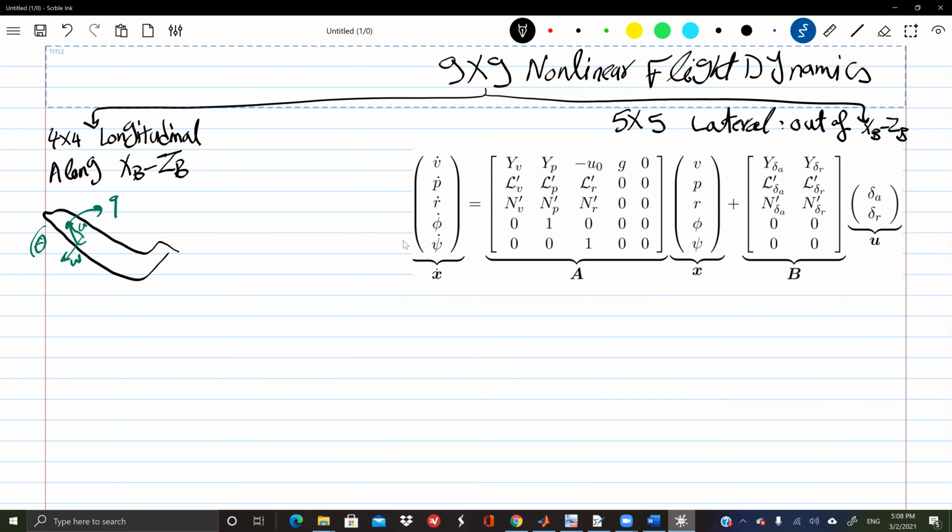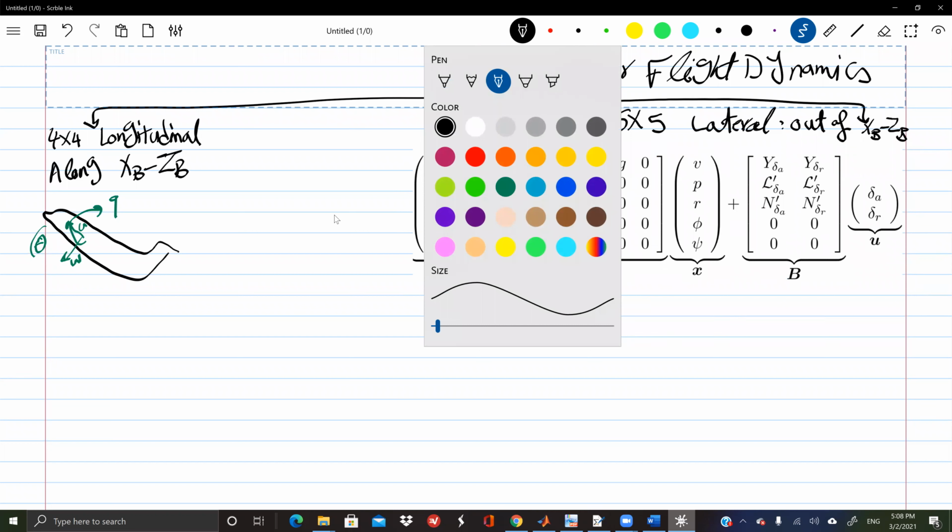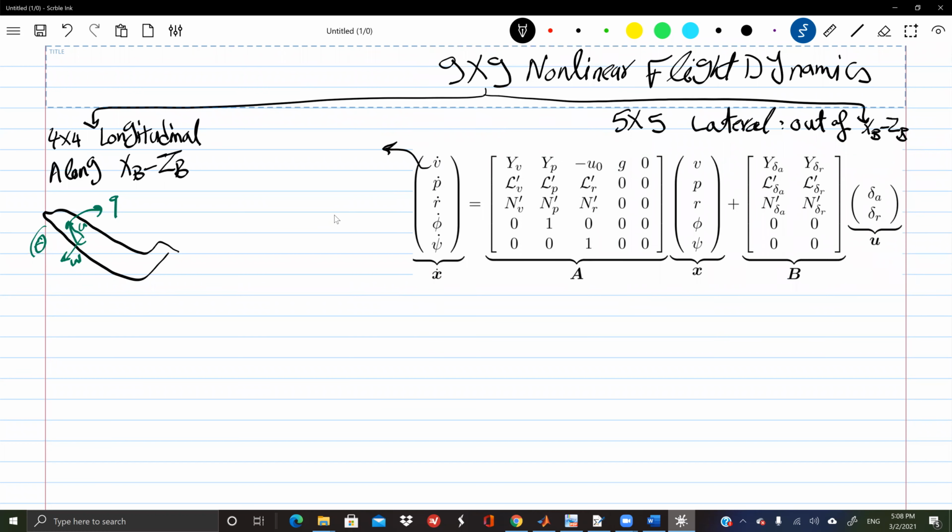So V, again, we're trying to remember together that table that has all the variables should be always in the back of your mind. So V is the side slip, and indeed, I'm reminding you that in the same fashion like W is an angle of attack, V is also side slip angle. Indeed, the side slip is approximately V over U naught. Okay, so whenever I mention little v, I really mean the side slip angle. P is the roll rate, R is the yaw rate, phi is the roll angle, psi is the yaw angle,